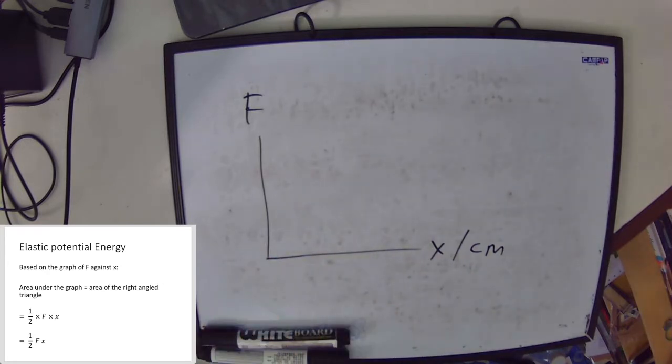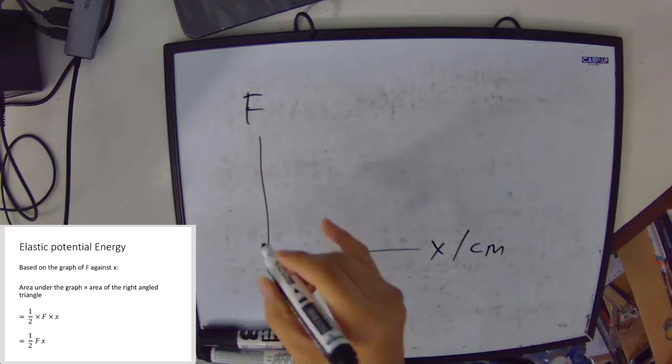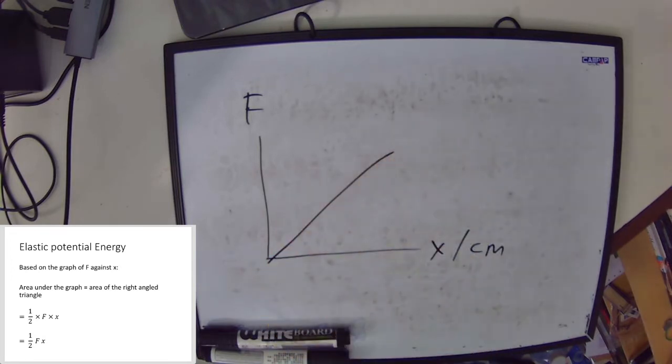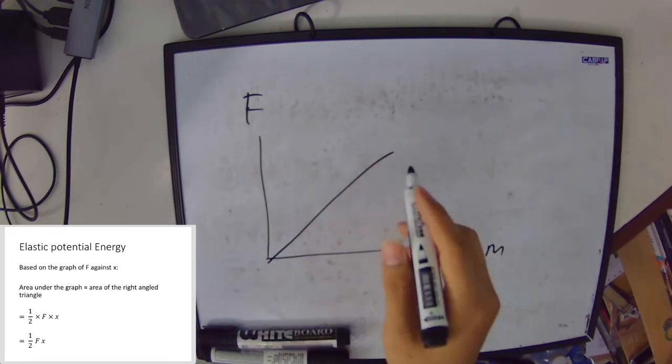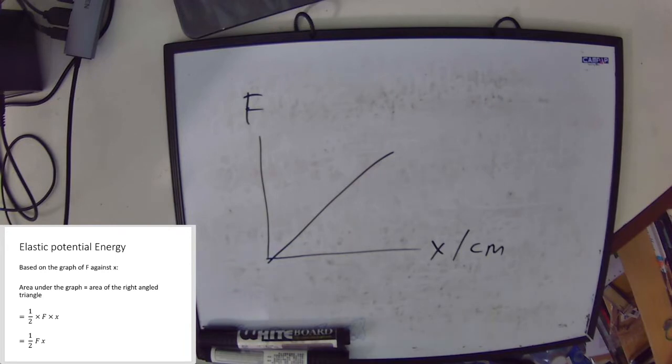Okay, because of Hooke's law, the graph will always be straight because it is directly proportional. Now, if you see a graph where the line is not straight, then something is wrong with the spring. So either the spring does not follow Hooke's law, or